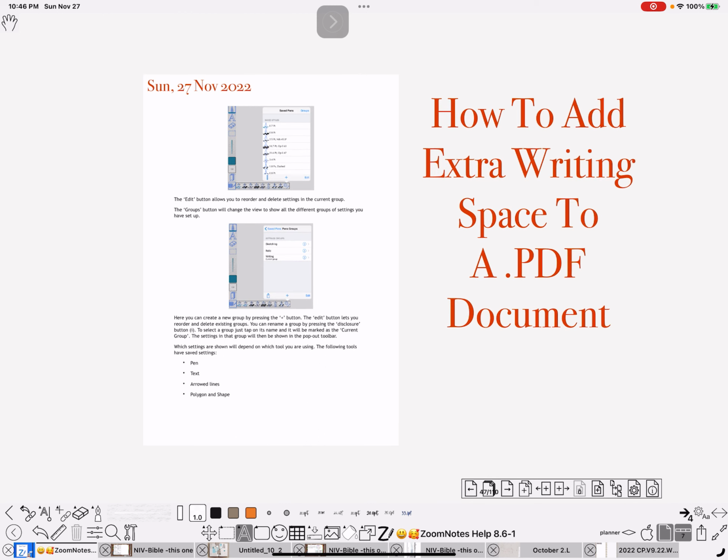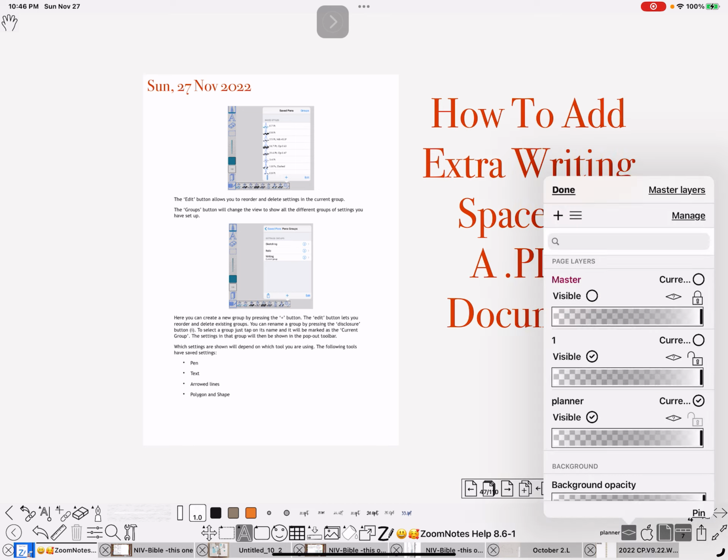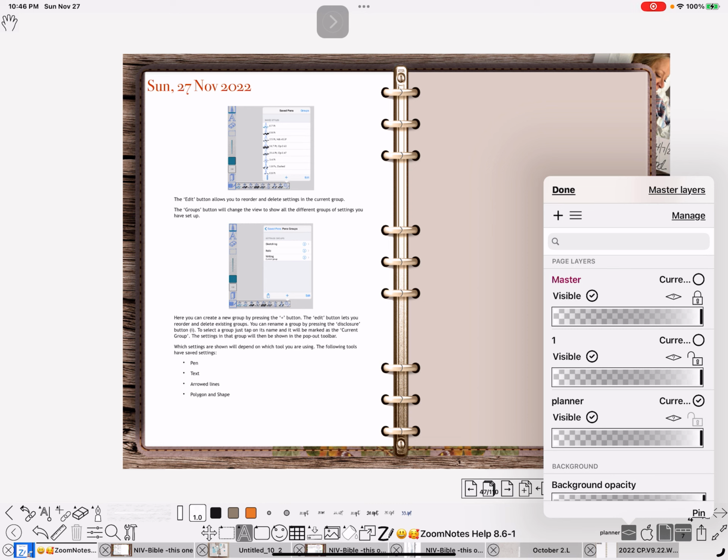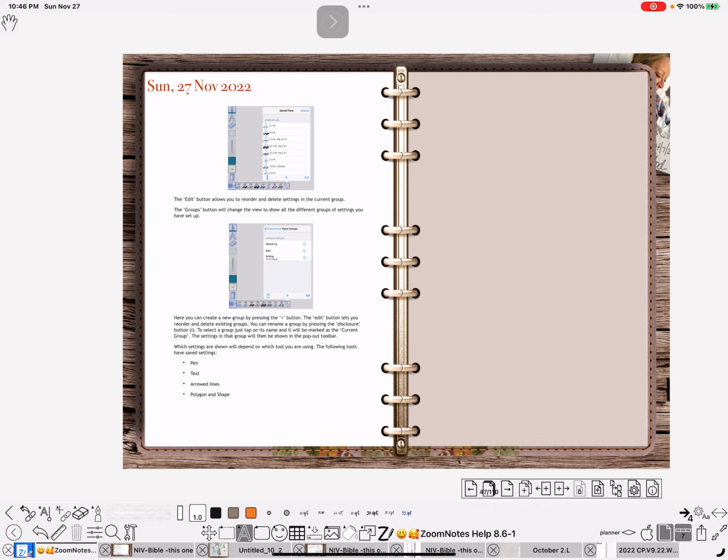But what I want to show you how to do is what I think is so cool, and it has made my life a happy place, okay? I want to show you how to do this. If I make this visible, see, suddenly it looks like it's in a notebook. Isn't that the coolest thing? And then I've got all this writing space over on the right. Now, it's just kind of an optical illusion,